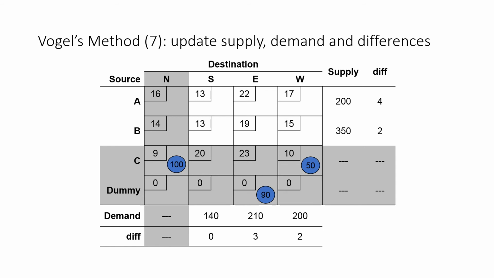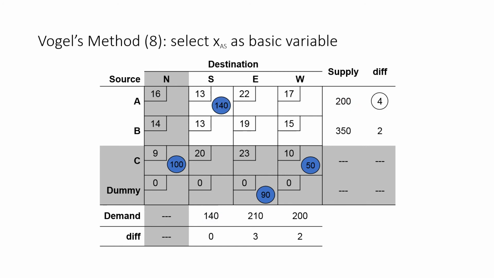This time the largest difference is 4, and then the smallest cost in this first row would be this 13. Allocate as much as possible to it, so it's the minimum between 140 and then the 200, and it's 140, so allocate 140, and then obviously this becomes 0, and this becomes 60,